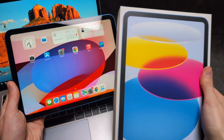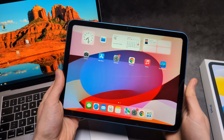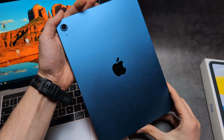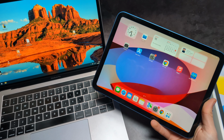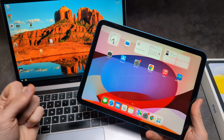Are you wondering if the new iPad 11 can actually replace a laptop, or do you even need to purchase a laptop if you can purchase an iPad like this, since obviously it costs like 3 or 4 times less than a MacBook, for example? Well, it really depends on what you are actually doing with your laptop and what you actually plan to do,